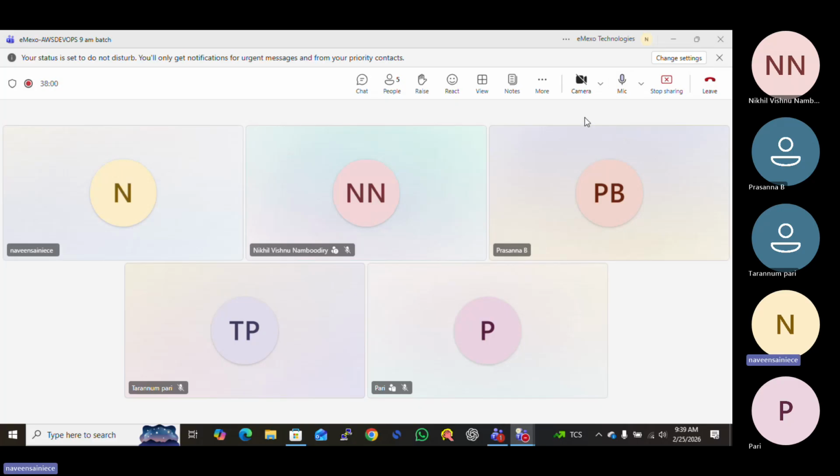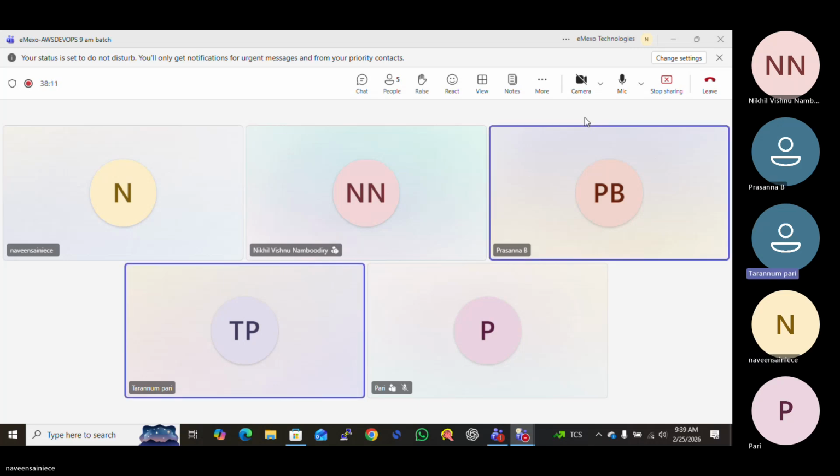So all have joined, right? One person has not joined. I think Mohit messaged in the group. Okay.